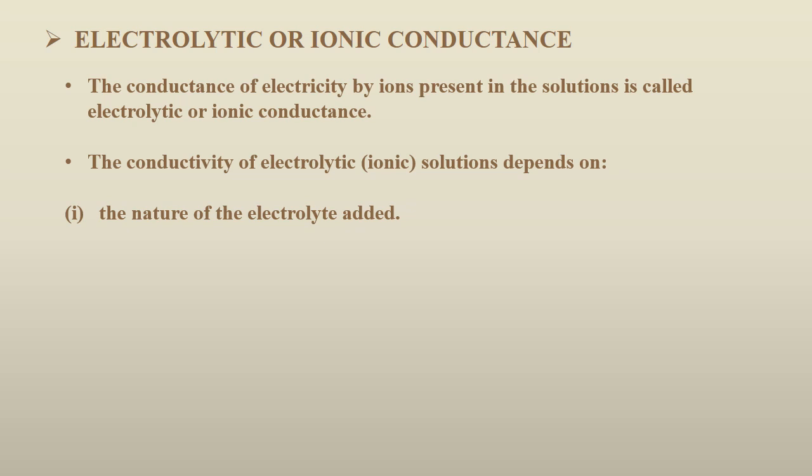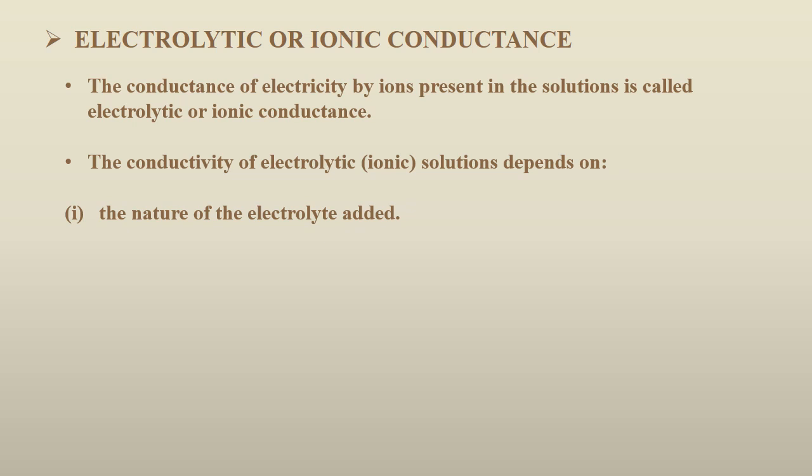Now, what is a strong electrolyte? The electrolyte that dissociates into its ions completely. For example, NaCl, KCl, these all are strong electrolytes. Whereas for a weak electrolyte, you can take the example of acetic acid. Weak acids and weak bases can act as weak electrolytes. Whereas strong acids, strong bases, or the neutral salt, that is the salt formed by the strong acid and strong base, they all are strong electrolytes.